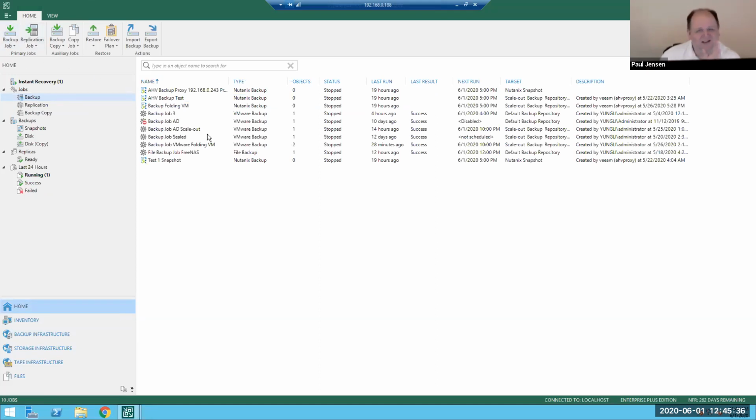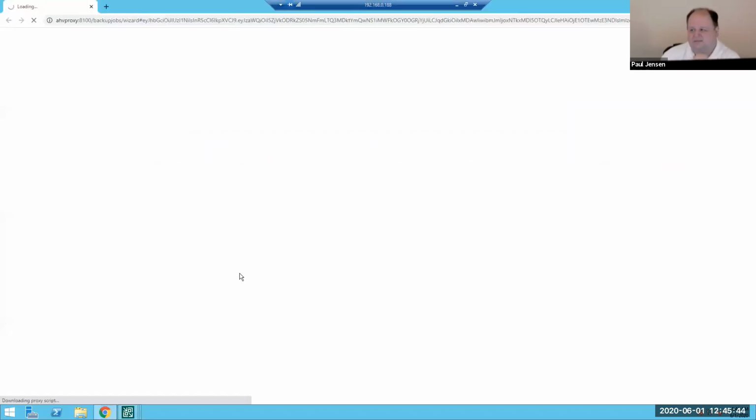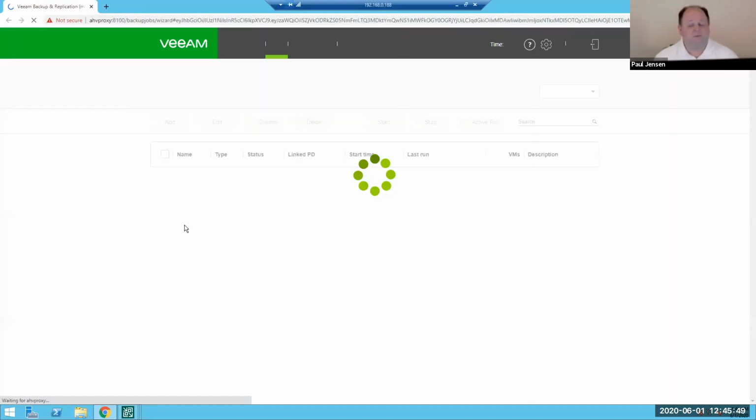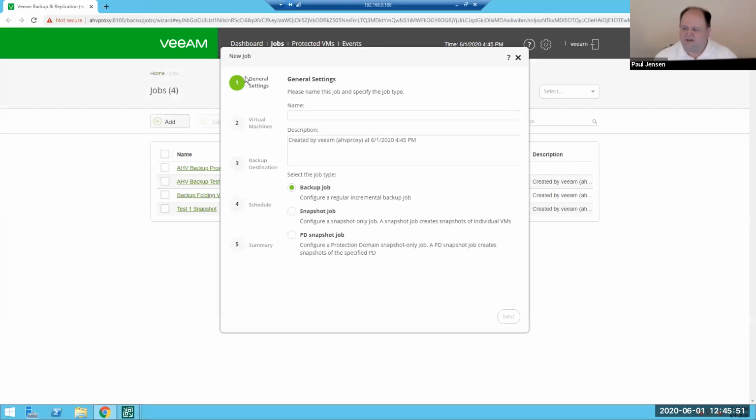However, once I've got all of that, I am able to create a new Nutanix backup. The backup job has to be created from the proxy, which is a web interface. So here you can see backup job. You know, we can give it a name,